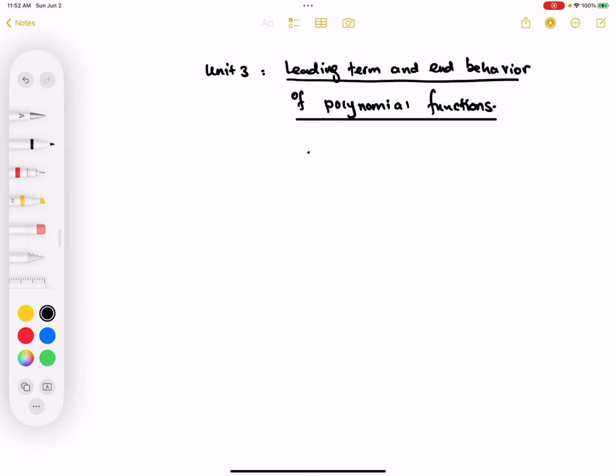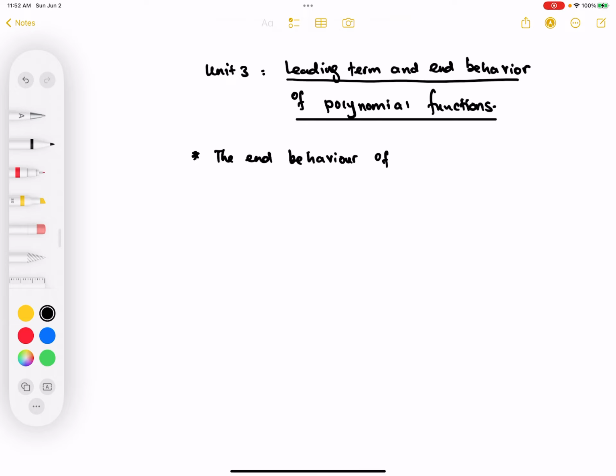In this video, we'll discuss the leading term and the end behavior of a polynomial function. That means how can we relate the end behavior of a polynomial function with the leading term. Generally, when we say end behavior of a polynomial,